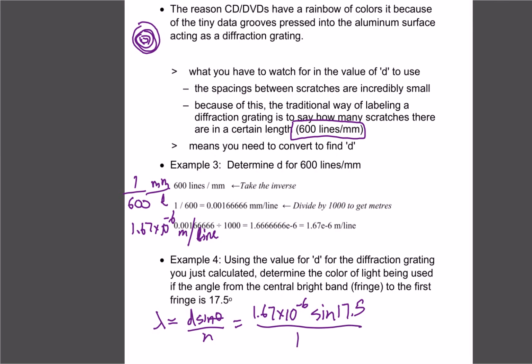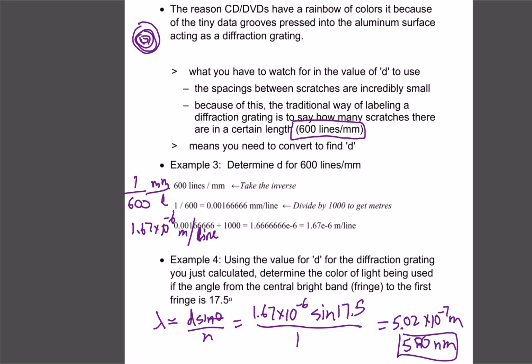So if we go 1.67 × 10^-6 times sine 17.5, we get an answer of 5.02, so roughly 5, I'll put in 5.02, that's fine, times 10^-7 meters, which would be roughly 500 nanometers,